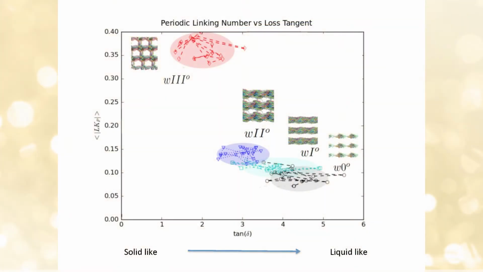Then here's the periodic linking number for these systems. And here we see a dramatic separation between the almost unentangled systems and the more entangled systems. And we see again it groups together the different materials, the different responses. And it shows that the more solid-like, the more pairwise entanglement there is, the higher the periodic linking number. So that tells us that